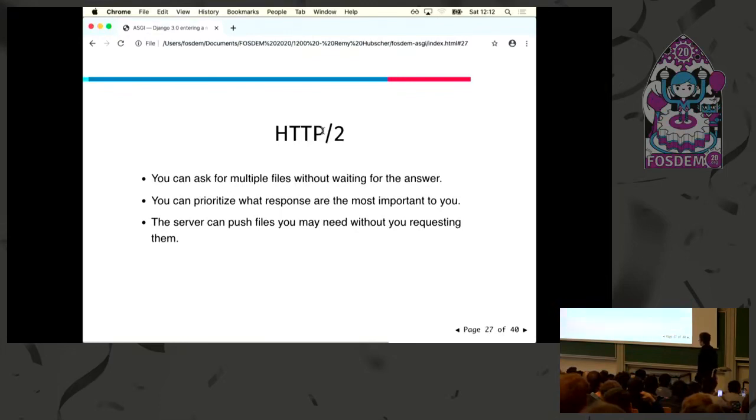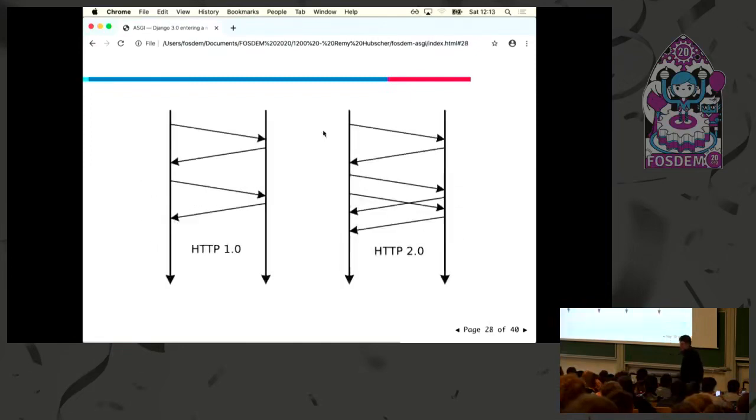The server can also push you files that you didn't ask for. For instance, it says, oh, you loaded this style sheet, but I'm sure you will need these fonts. So it doesn't fit with the request-response model either. It's really similar to WebSockets, actually.